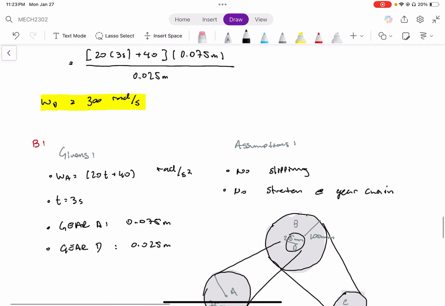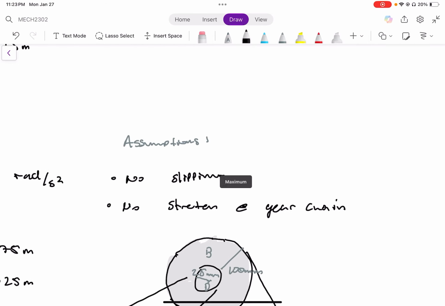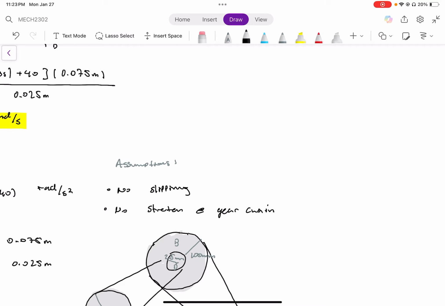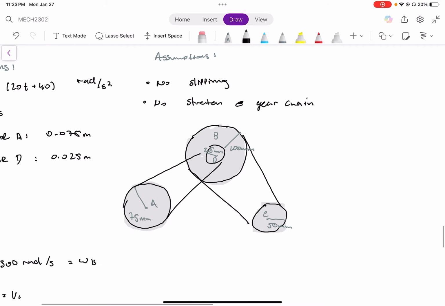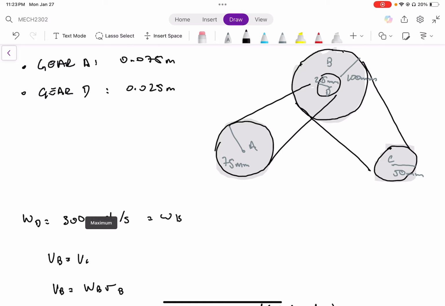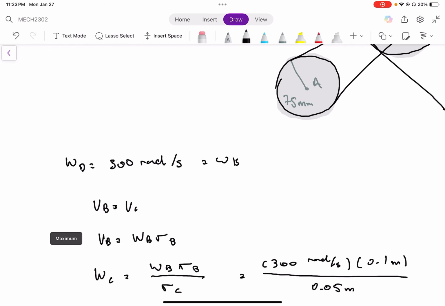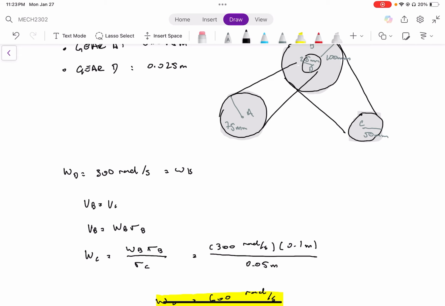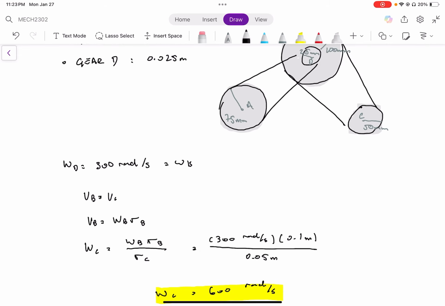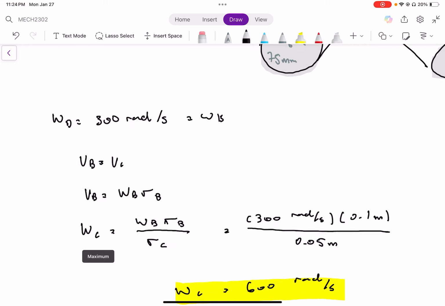For B, these are the givens, which are exactly the same. The assumptions are also the same: no slipping and no stretch in the gear chain, and this is a free body diagram. So now we were given that the angular speed of D equals 300 rad/s, which is the angular speed of B. VB equals VC. VB equals the angular speed of B times the radius of B,